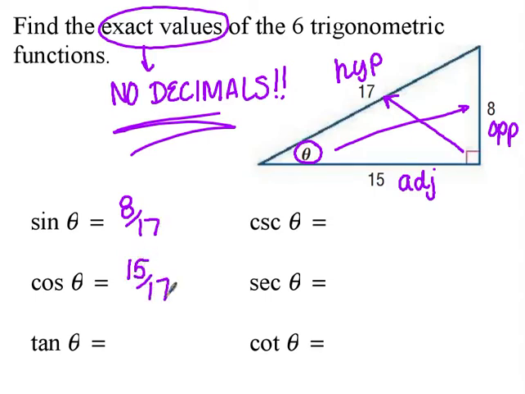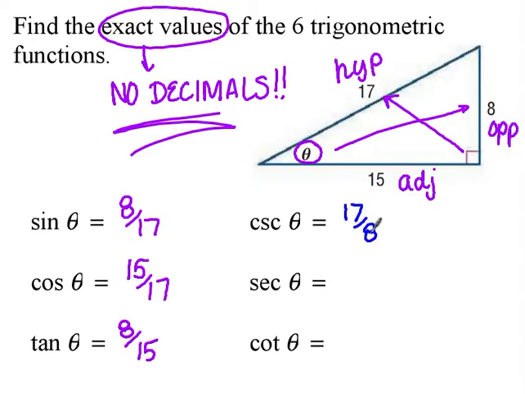15 over 17. Little tidbit, your denominator should match on sine and cosine. Okay, what about tangent? 8 over 15, opposite over adjacent. Okay, so now if you've done those first three right and you're relatively confident, the next ones are just the reverse. Okay, so cosecant is going to be the flip of sine, so